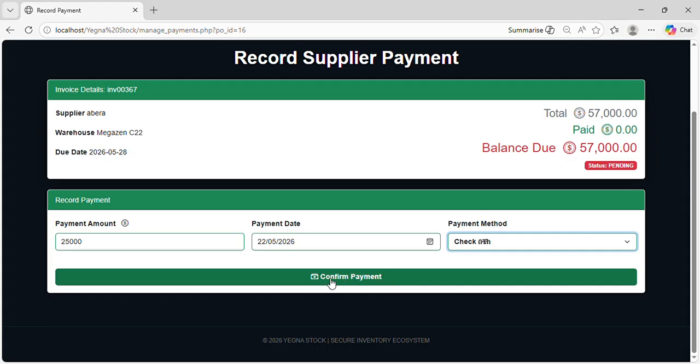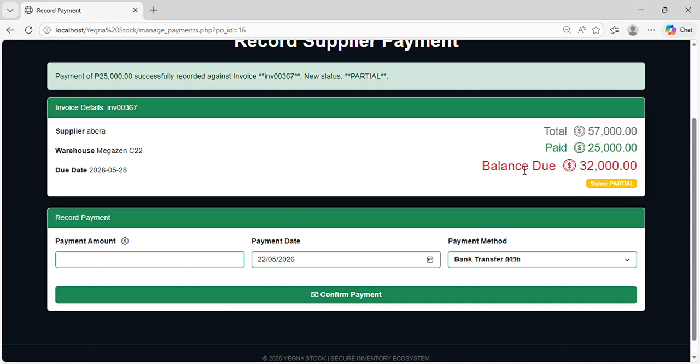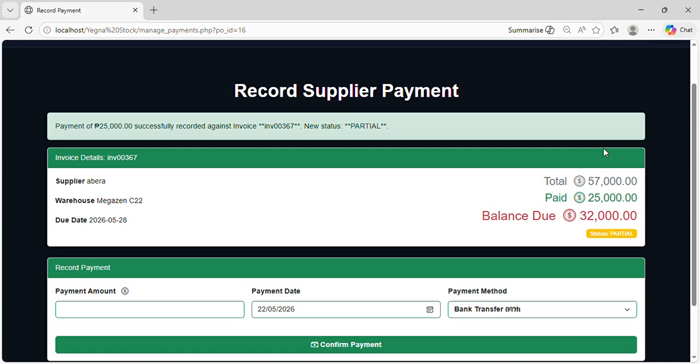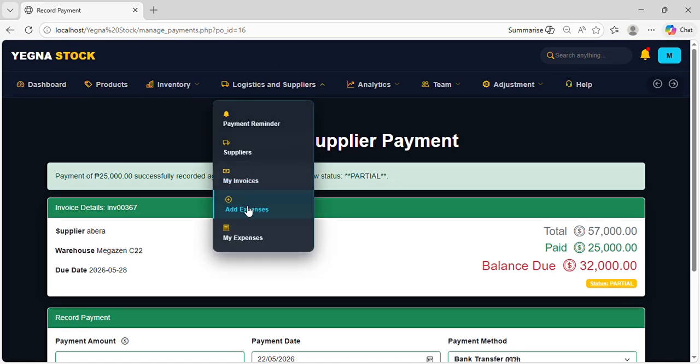I choose check, complete payment. So the payment is partial, so the status is partial. I have 32,000 balance due, and I also paid 25,000. So the next part is